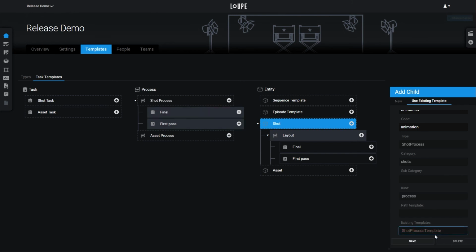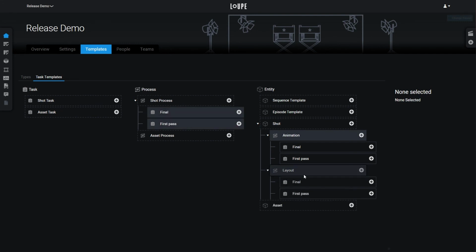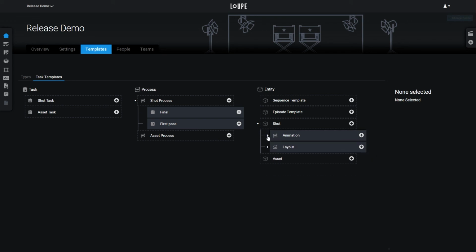So once I've done that, it fills that in for me. I hit save, and you'll see that we have an animation process that has the final and first pass tasks from the shot process. I still have my layout one that I set up manually, and we're basically ready to go at this point. You can keep going, obviously, using these techniques to set up your own workflow,